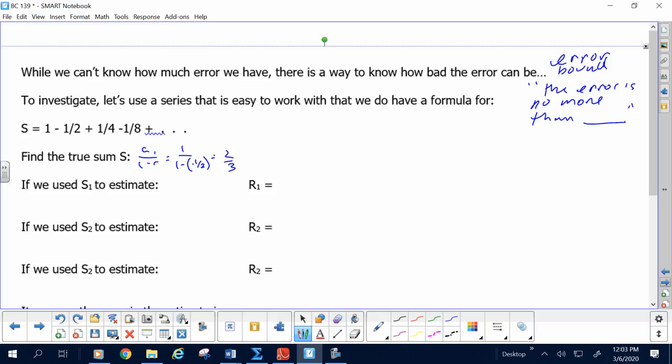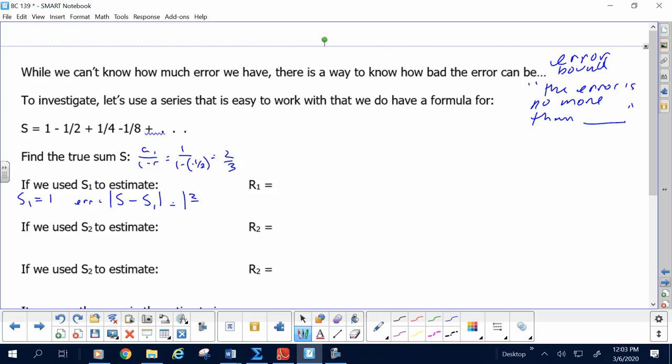Two-thirds, I heard, and I agree. Here, the true sum is 2/3. You follow? All right. If I used S1 to estimate, what is S1? 1. Perfect. The error, which is the difference between the true sum and our estimate, is, now we said the